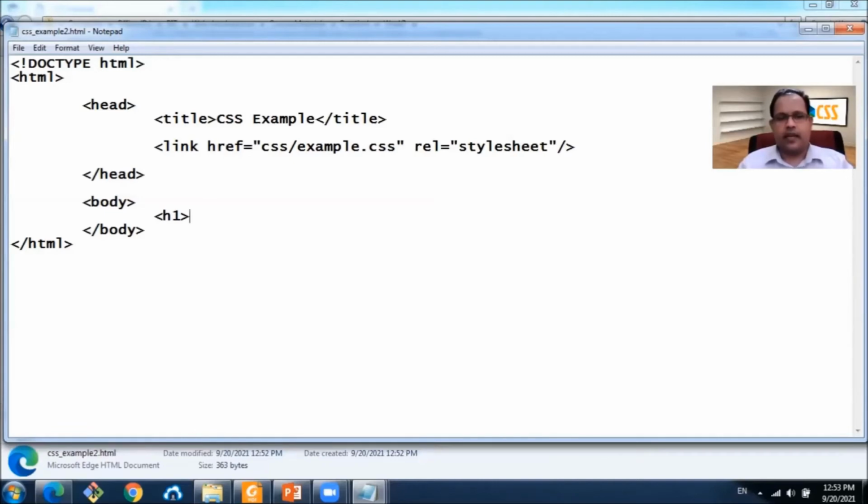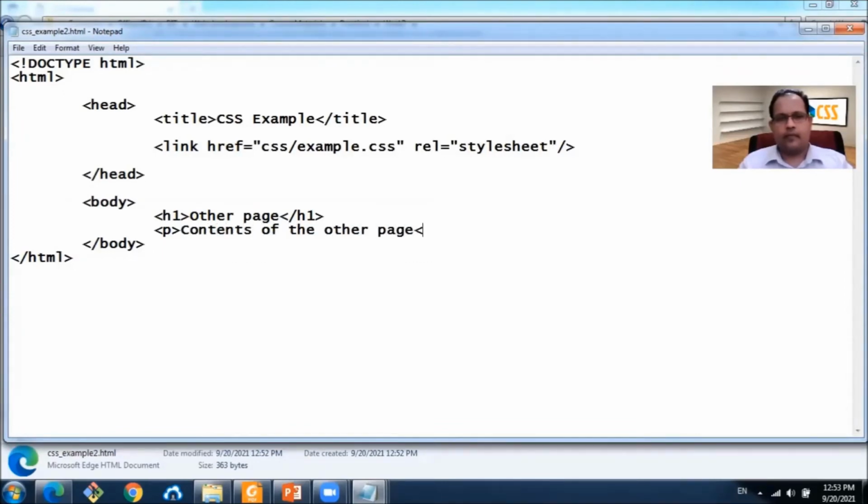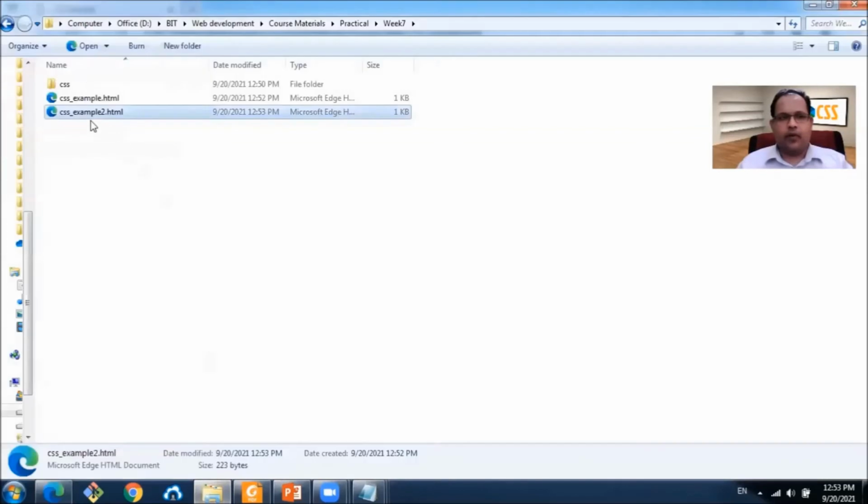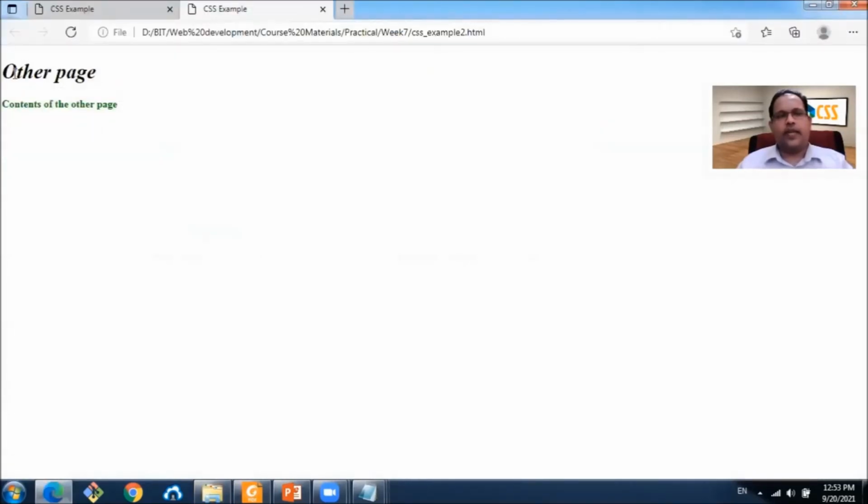Here the title is other page, and we have a paragraph. And if we save it, and this is the old page. If we open the new page, we can see it also has these styles applied.